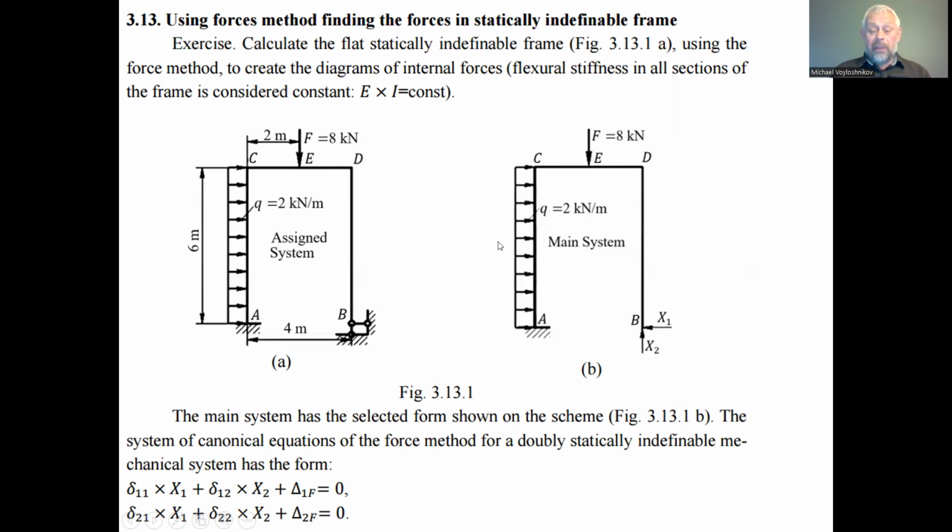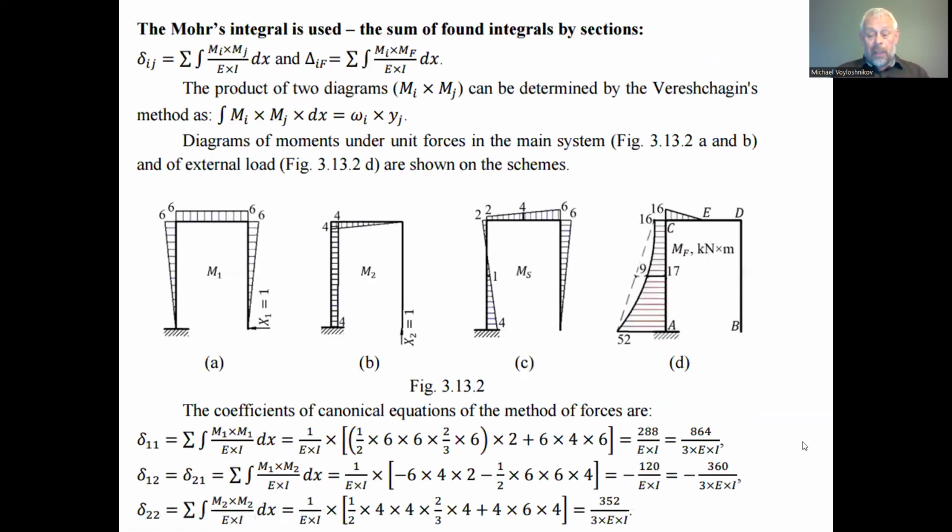So 12, the force applied here of the distributed load, if we consider it as concentrated, 12 with 2 meter is rotating clockwise, it is 24 kilonewton meter, and this one is applied with arm 2 meter around the point A, force H. So this is H multiplied by 2, equal to 16. It rotates in the same direction as the distributed force. So we have here together 52. 52, the magnitude of the diagram of the